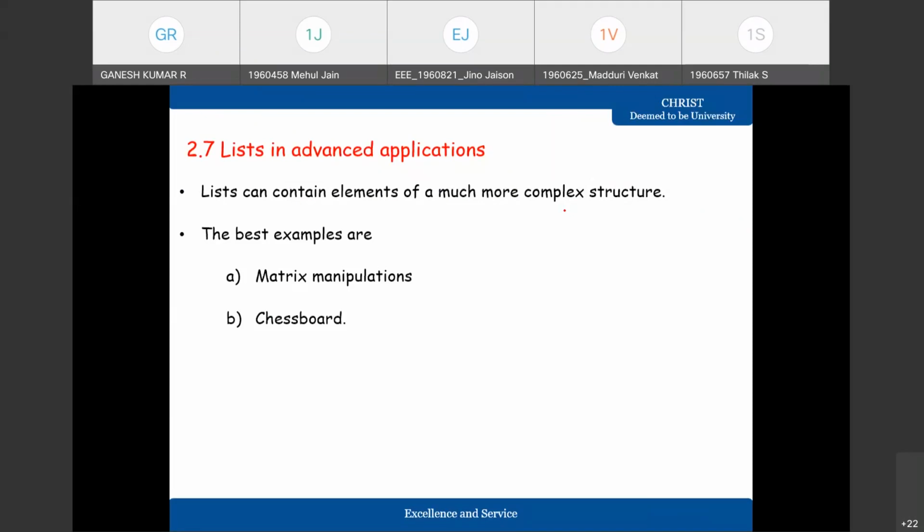So list does not only contain simple data types, but also supports an enormous, huge volume of data and is also applied to solve complex structures. Good examples of such advanced applications are matrix manipulations and chessboard.